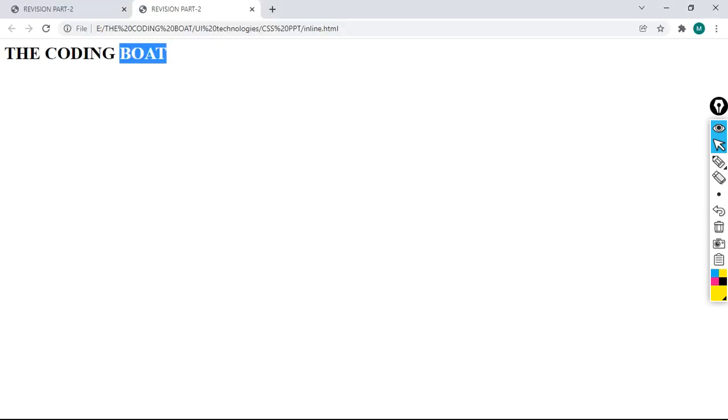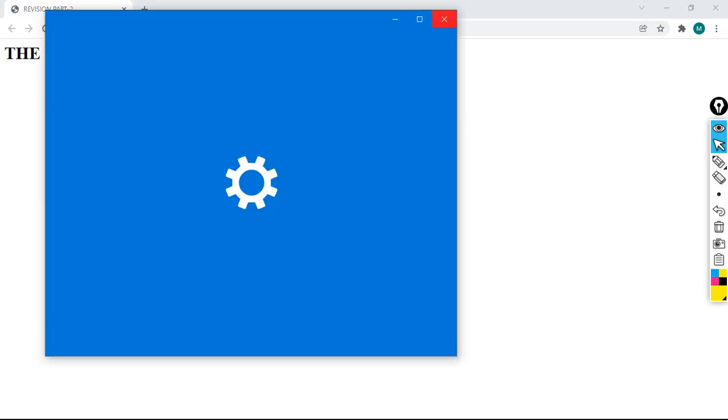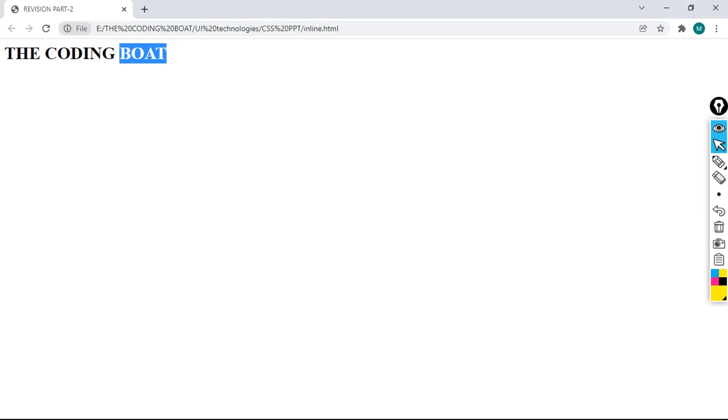Okay, here we have to wait. This is the output. See, the title is revision part 2 and here we have our content, the coding board.